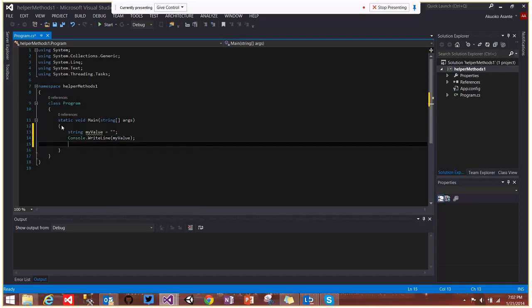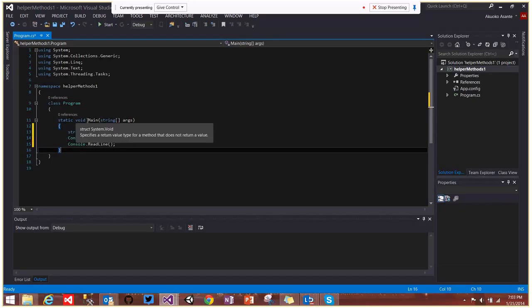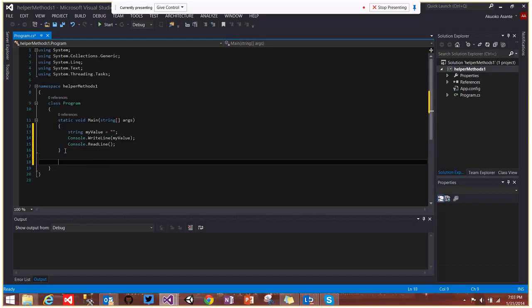This is a wonderful thing. So now I'll come here. This is the code block for our main method, and I'll leave this code block and come here and write